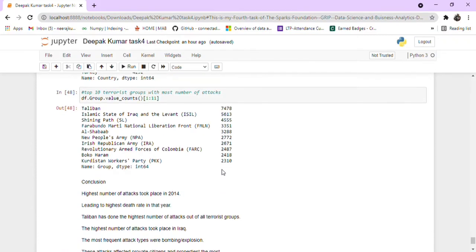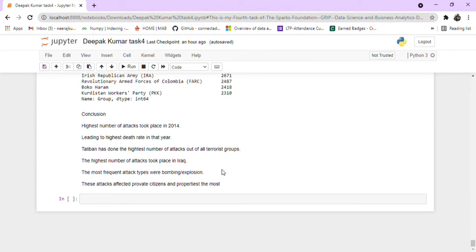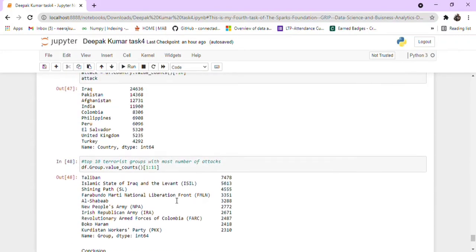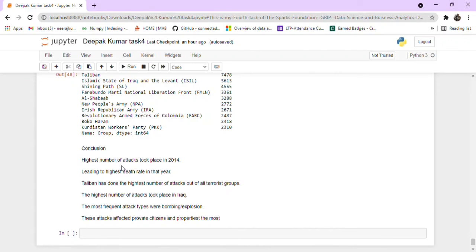So, the conclusion part: the highest number of attacks took place in 2014, leading to the highest threat in that year. The Taliban has done the highest number of attacks, although the highest number of attacks took place in Iraq. And the most frequent attack types were bombing and explosion. So here we can find that the most affected region is Iraq, and the leading terrorist group is the Taliban. If we have to reduce terrorist activity, we have to control the Taliban, and also to make sure of it, we have to